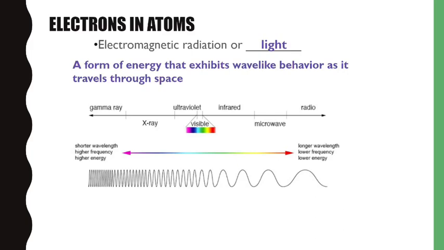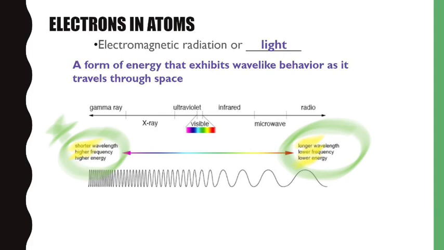So a better definition that encompasses all of its permutations is a form of energy that exhibits wave-like behavior as it travels through space. So light is a wave, and that means that it has some properties of our waves that we can compare. So you should probably highlight or emphasize these two lists of facts at either end of this spectra, because you do need to know what types of light have longer wavelengths, which also means they have lower frequency and energy, and then the shorter wavelengths have higher frequency and